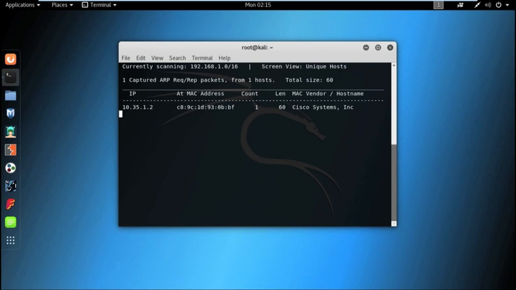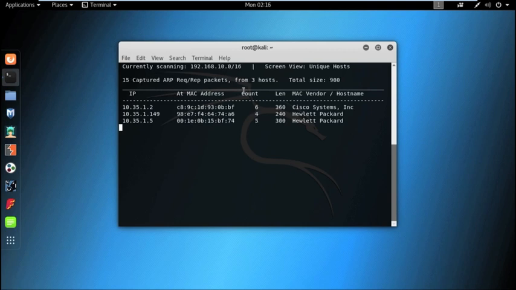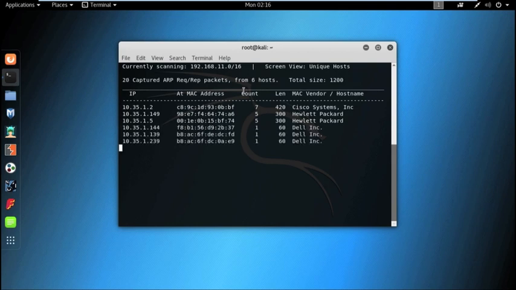See, we got 10.35.1.2 and 10.35.1.149, 10.35.1.5, remaining systems are also listed here.